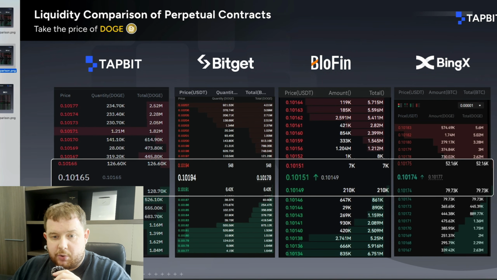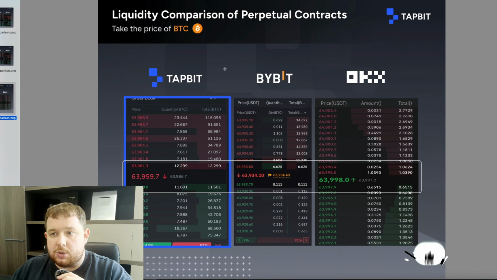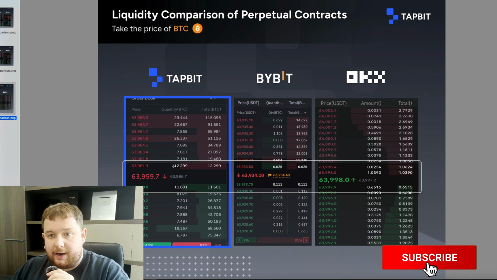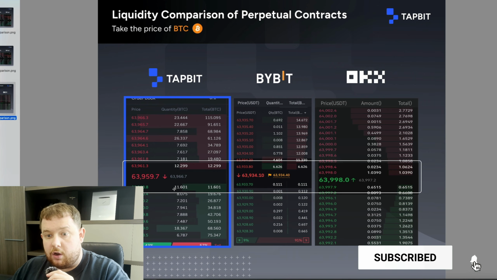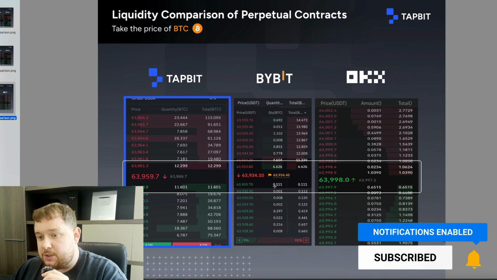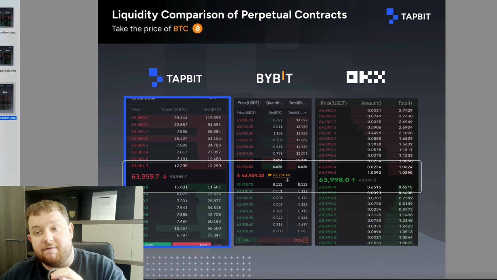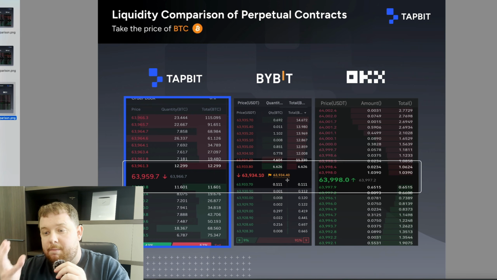We can see 126K, 128K. We can see right here 116 and around 6k, much more liquidity right there than these exchanges. And of course, on this example right here, comparing Bybit and OKX, this is Bitcoin: 12.3 Bitcoin, 11.6, 6.6 and 0.1. Of course, this is subject to change. It depends on the market and the liquidity available, but we can see right here there is a massive depth